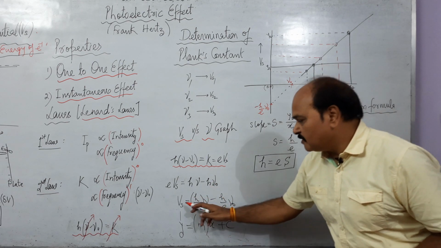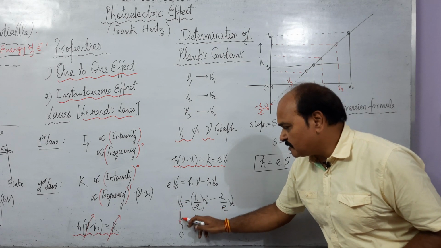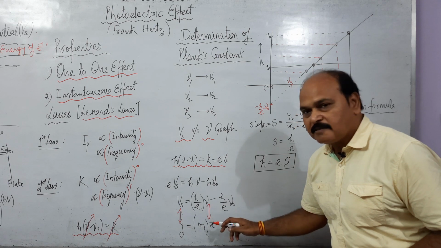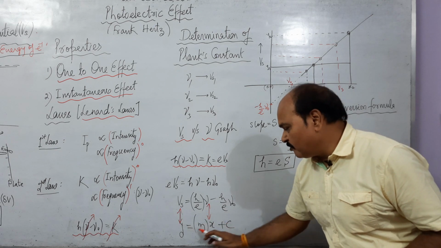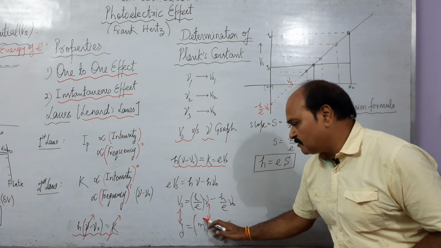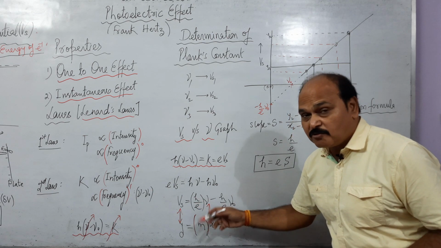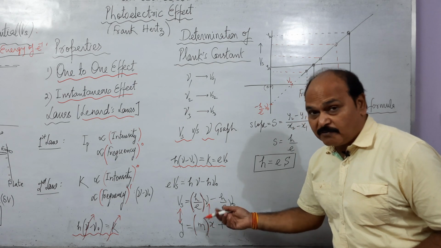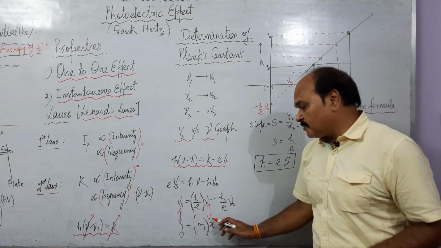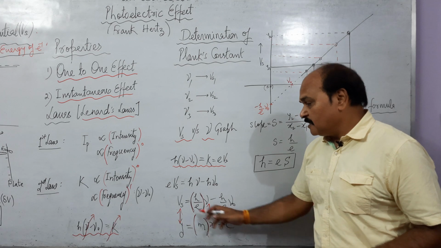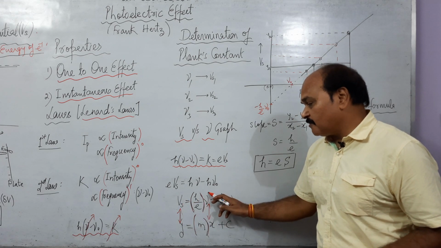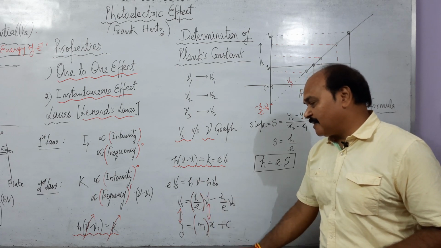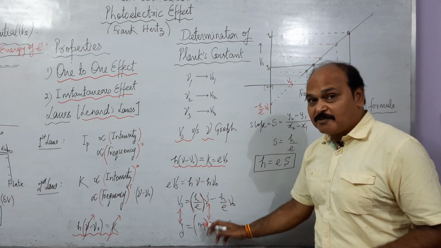See, we have taken the stopping potential on the y-axis, and we have taken the frequency on the x-axis. This simply means y = mx + c. This m is the slope of the straight line, and this is h upon e, the slope of the straight line which we are going to get. So y is a first order function of x, a straight line; stopping potential is a first order function of frequency. It has to be a straight line, and if we compare the two, what is the slope of the straight line? h upon e is m, the slope of the straight line.